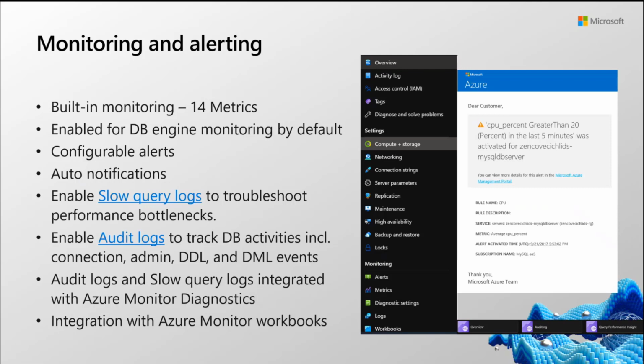These metrics include CPU, memory, IOPS, networking related metrics, or replication lag. You can also configure alerts on these metrics if you want to notify your team in case of potential issues. And then you can also enable different server parameters for slow query logs to identify queries which are performing slow,